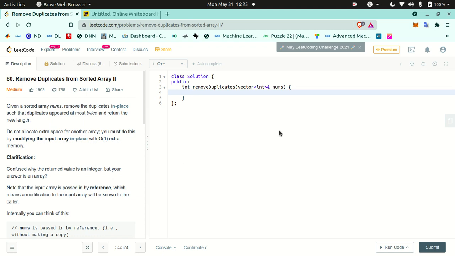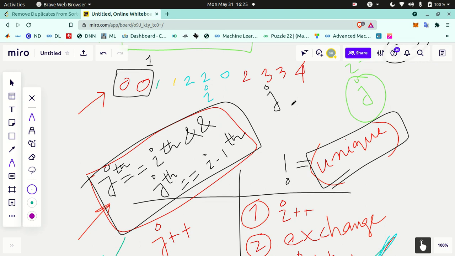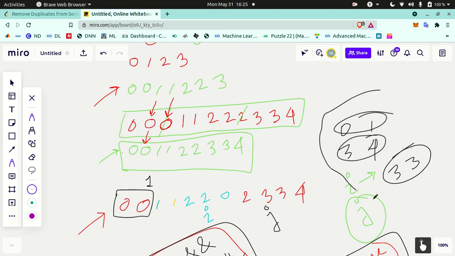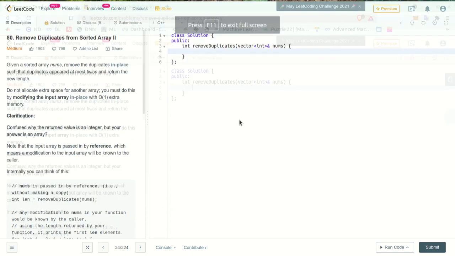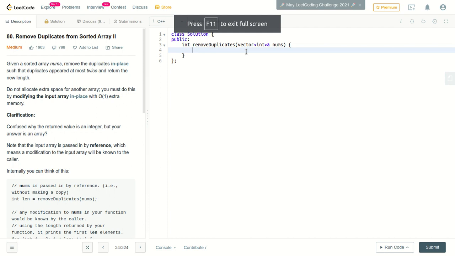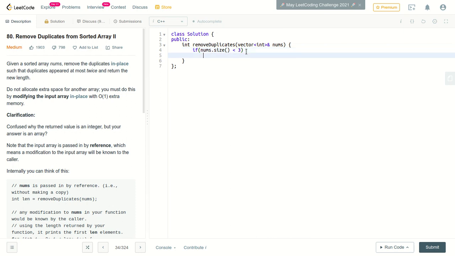If it is repeating characters or two different characters, in both cases we do not need any separate operation. So let's write down that condition: if nums.size is less than 3, then we simply return the size of this array.